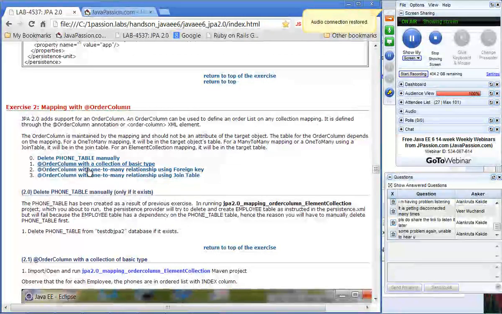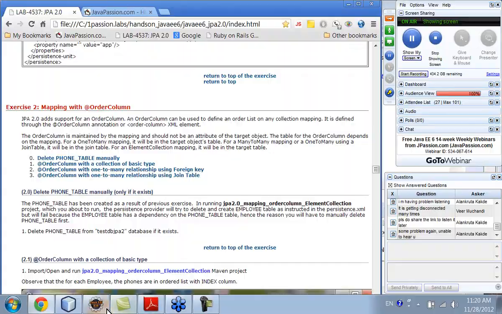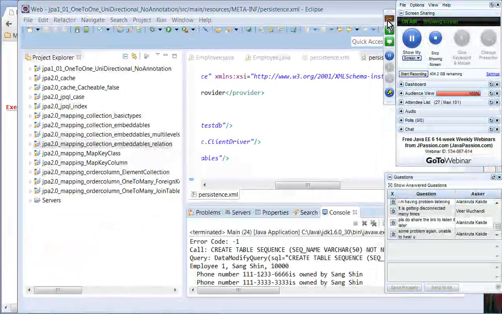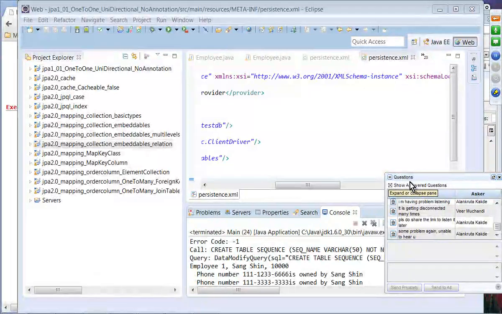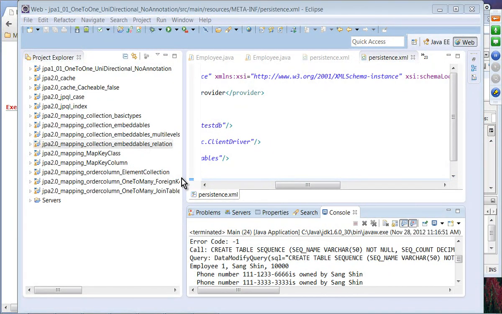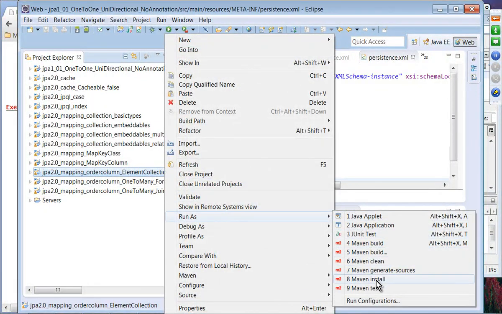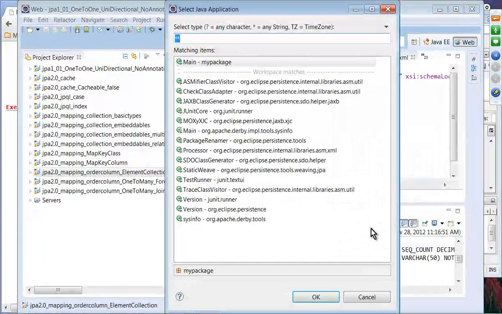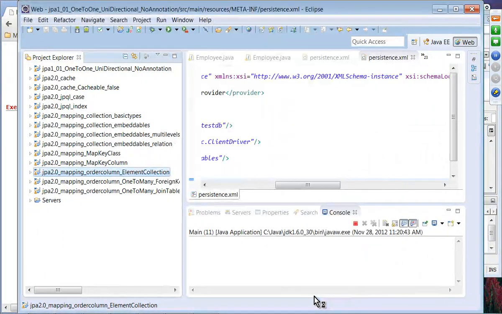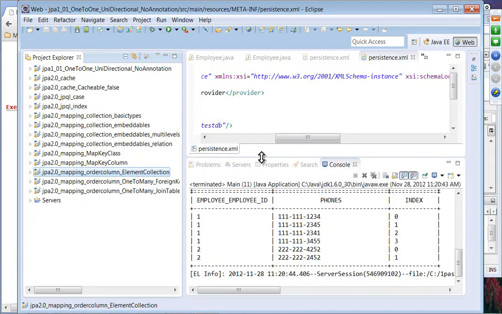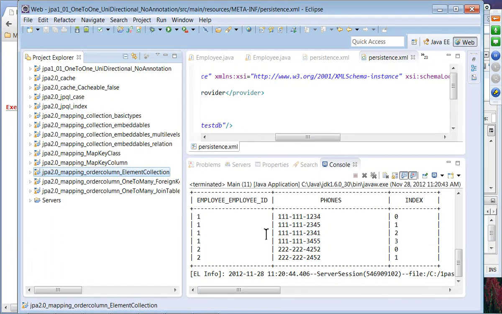Now, we have to delete the phone table first. Otherwise, what you're going to experience is some errors. So let me show you what I mean by that. So element collection, if you run it, oh, this one is okay. Yeah. So basically, we have